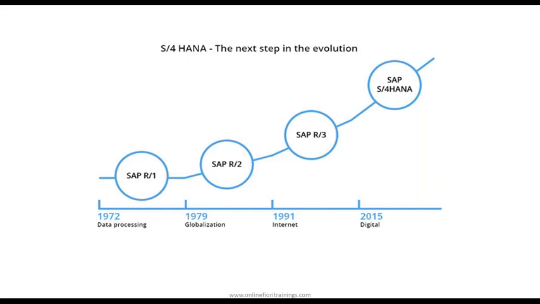But when SAP S4HANA was introduced, it simplified all of this because it runs on top of the HANA database. We have seen in this training the advantage of column store. We talked about the benefits of the HANA database, and taking all these advantages of the HANA database, a completely reinvented ERP solution is S4HANA.